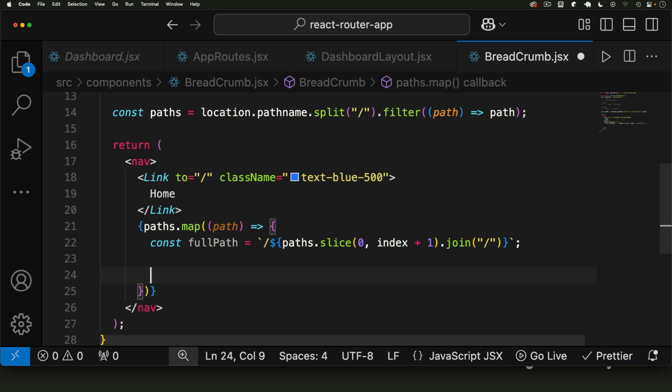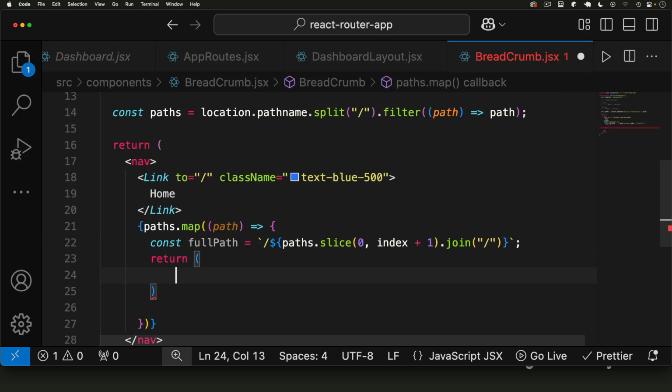All right, perfect. So now let me see what I got here. So this, they returned. All right. So now that we have this map here inside the function, let's return another JSX. Hopefully you did not know that you could do that, right? So we are returning JSX again here. And let's just do a span tag here. And in this span tag, because I don't want this to have any style at all, since we already are inside a navigation,